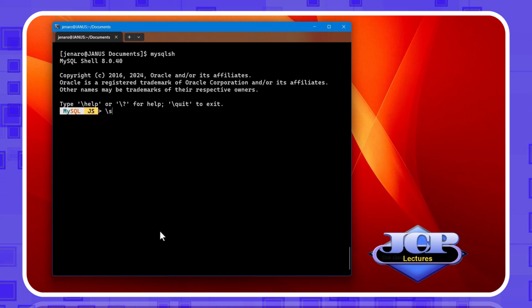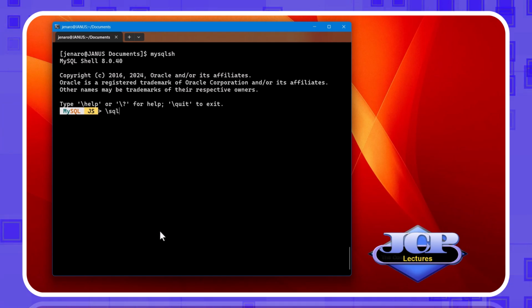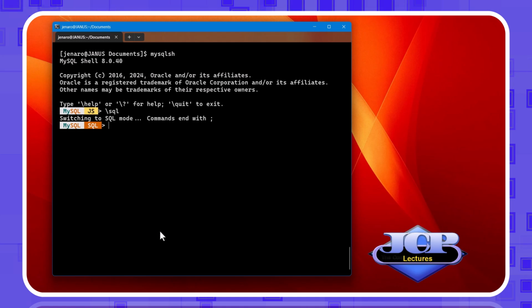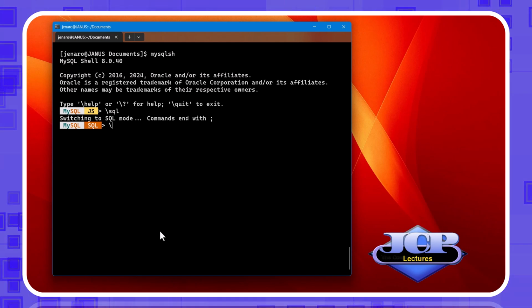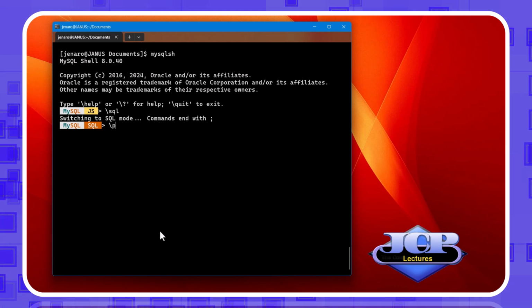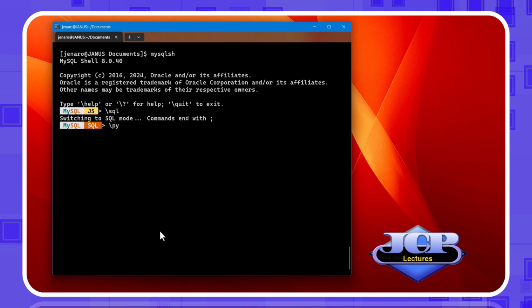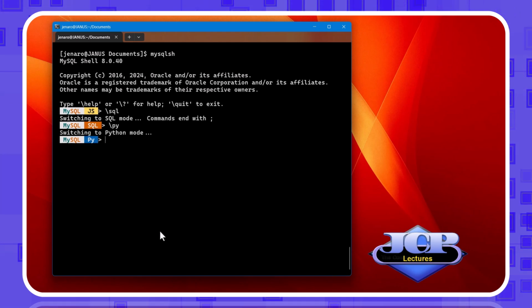On this occasion, JavaScript mode shows up. But we can switch with \sql to SQL mode, or with \py to Python mode.